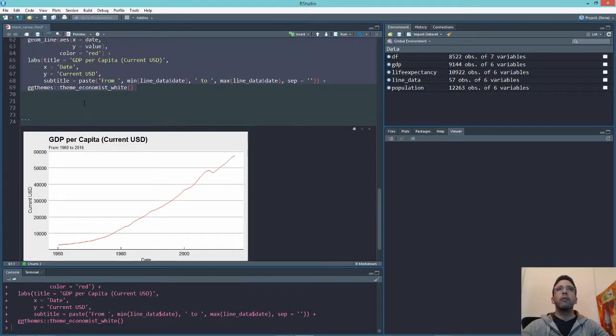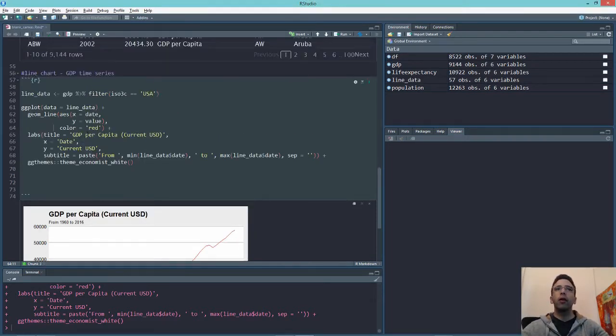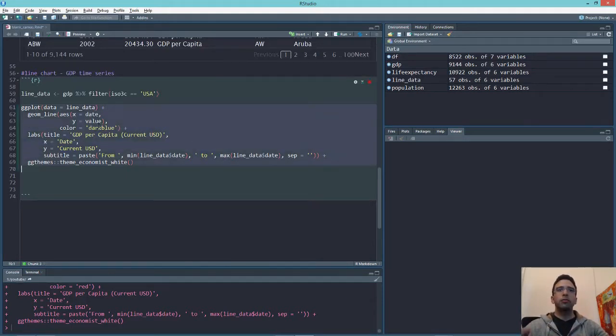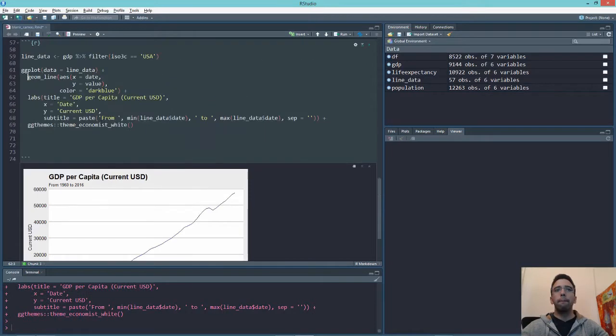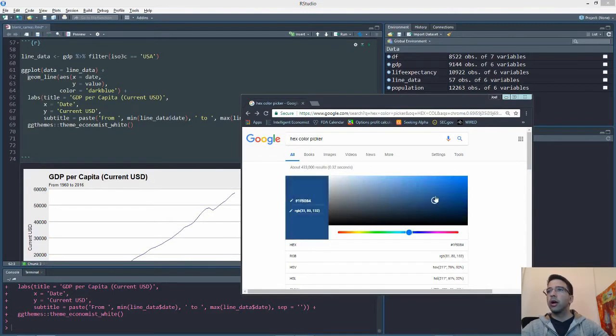So you can see I put that outside of AES, and now I have a red line. And I mean, you can do things like dark blue, for example, or whatever. You can just play around with that. What you can also do, and my preferred approach, is to use this hex color picker